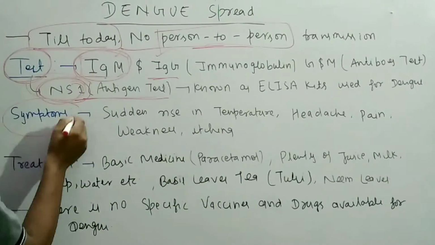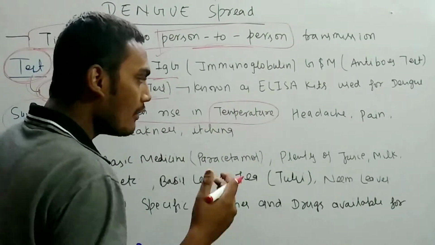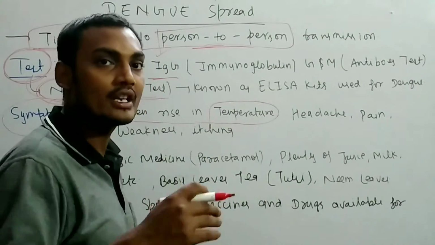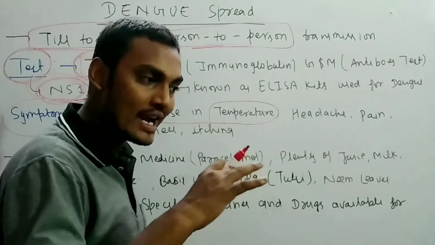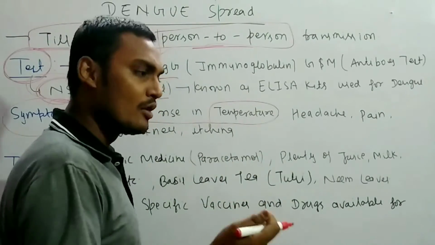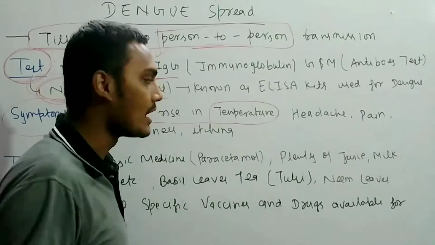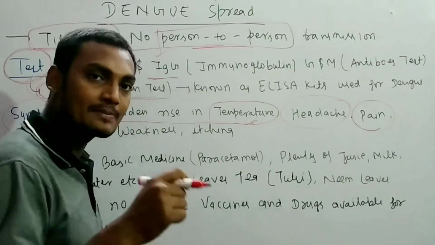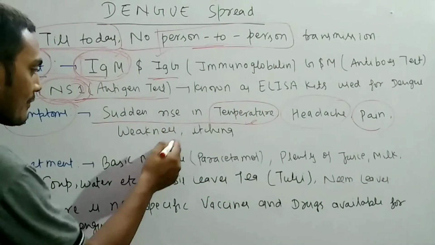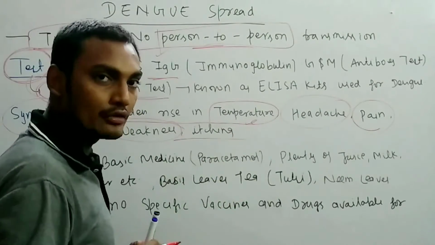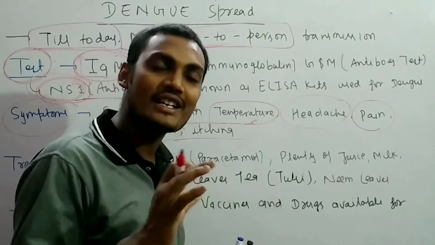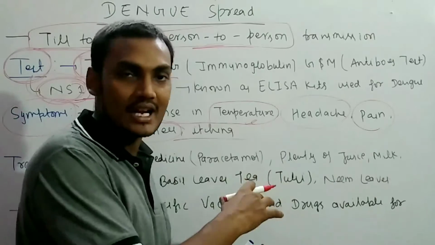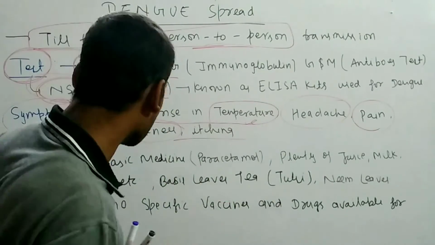If you talk about the symptoms, obviously there is a sudden rise in temperature, a rise above normal body temperature, around 100 to 103 degrees, and it should be continuous, lasting at least 2 days or sometimes 7 days, because sometimes it turns out to be a normal fever. So if there is a high fever and obviously headache, pain in the body, especially the knees, weakness in the body, and itching, those lead to the symptoms. There is also one symptom: if platelets decrease below 10,000, at that time you will be hospitalized, and this is not in your hands, the doctor will decide. So this is very important.